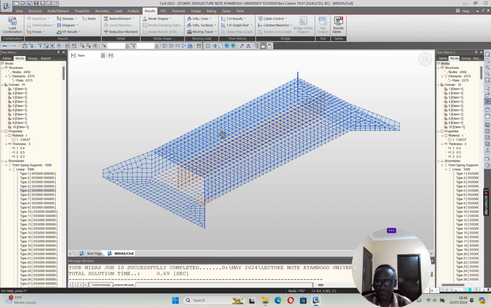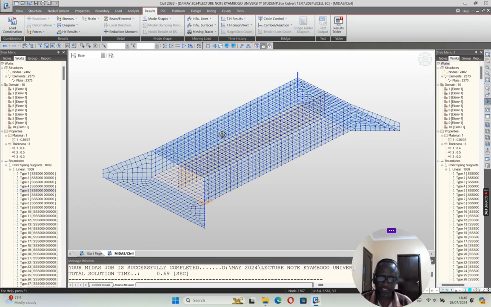the fill material. In this case, I'm using 0.5 for the structure itself. I assume that we let the structure pass because I wanted to demonstrate how we can also apply the notional lane and then the traffic on the bridge. That is why I make sure I use a lesser thickness, because then you can apply the traffic load directly, since it is only up to about 1 meter that you do the distribution factor. So what we do is look at the self weight of the structure. Then the next thing will be the fill material, which in this case is about 0.5, and then later we shall look at the